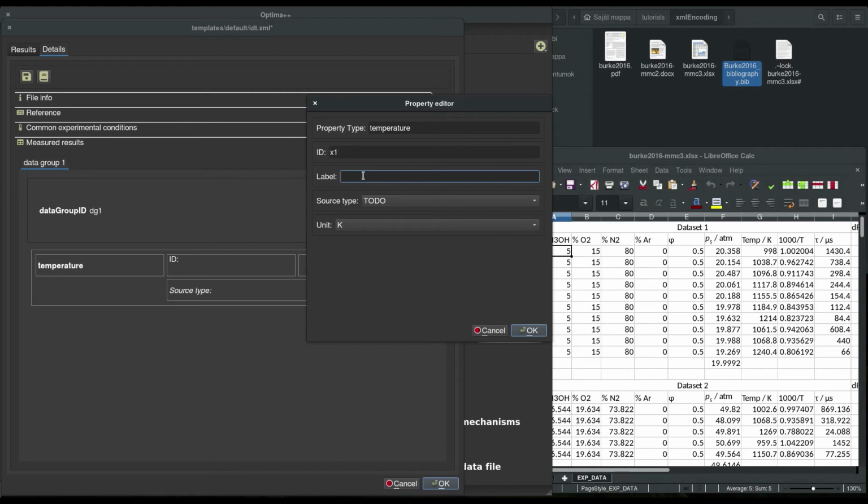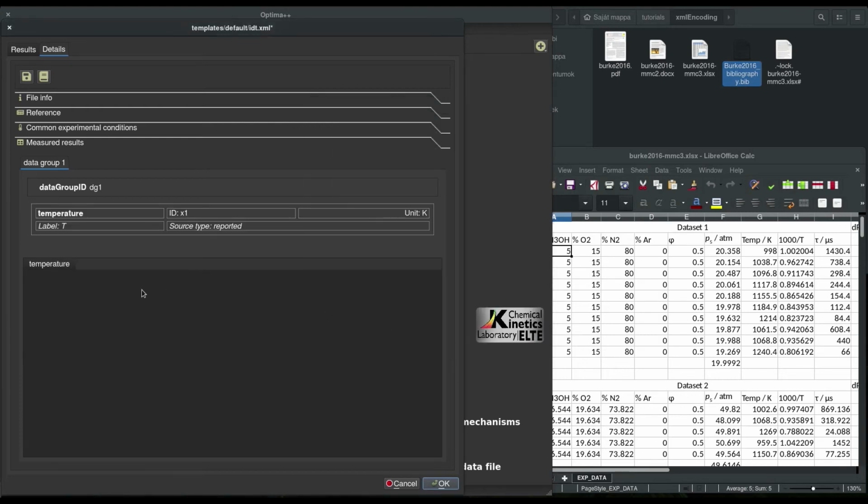The label will be T. The source type is reported and the unit is Kelvin. After clicking on the OK button, as you can see, a temperature column appeared in the bottom section of the window.